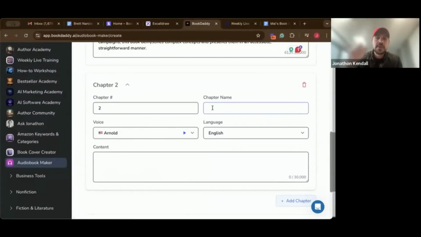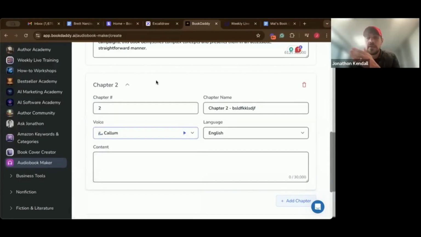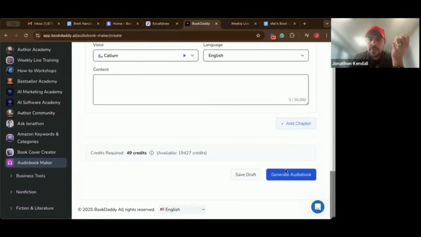And then it'll spit out each individual audio file. You can even change the voice. I know some of you guys have one chapter in the point of view of one character, and then the other chapter in another point of view. You can go back and forth. And even if you want to get really advanced, you can divide it up even into people speaking, right? So you can get as advanced as you want with that, but you can continue adding chapters,